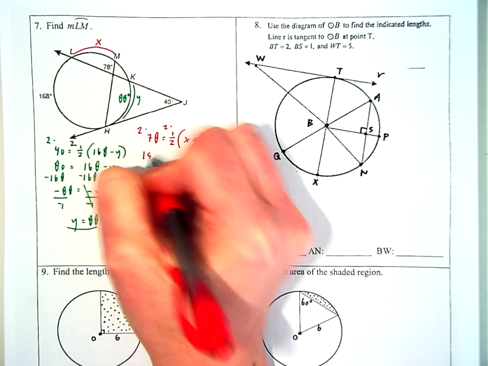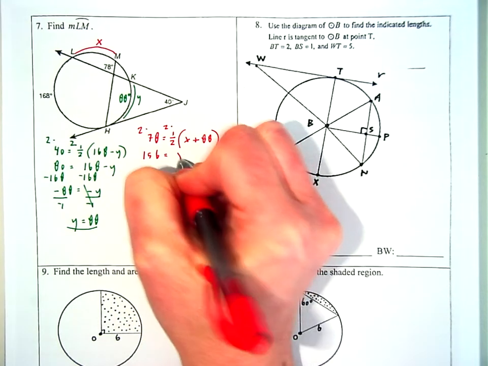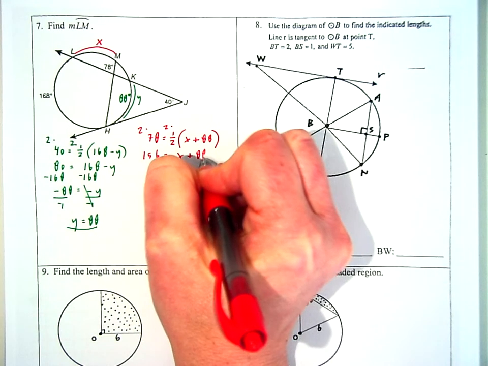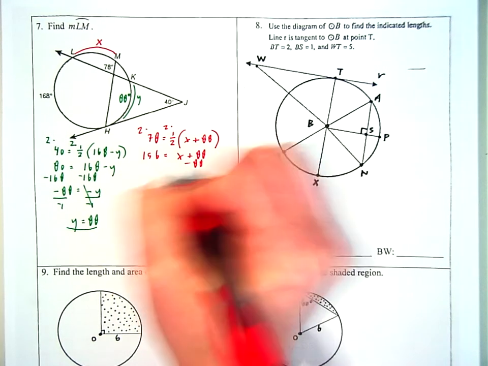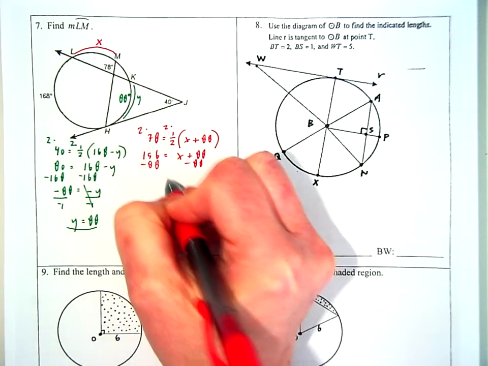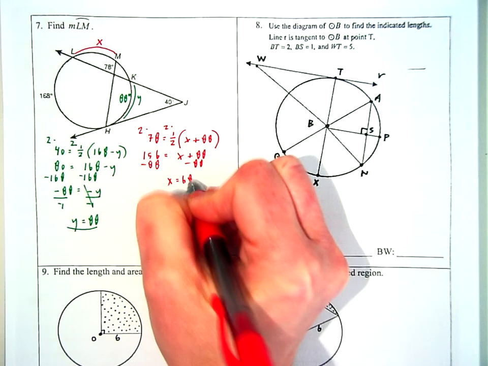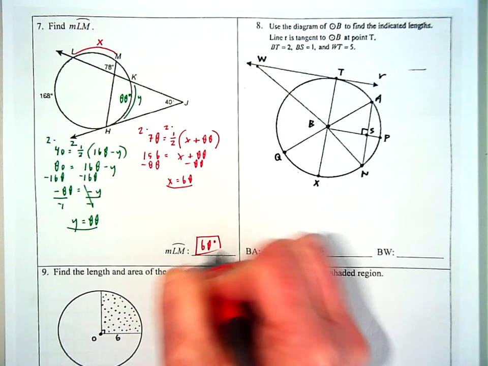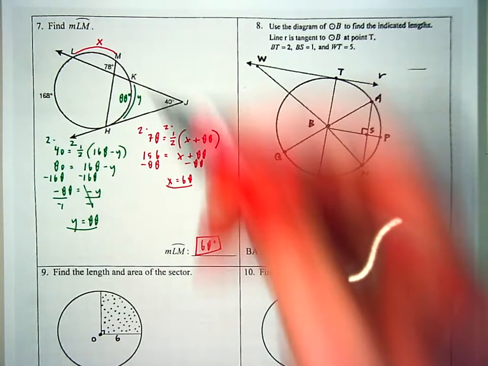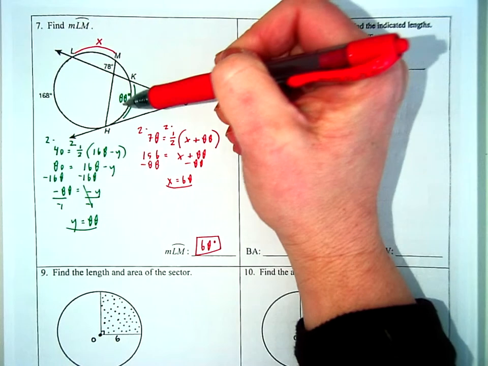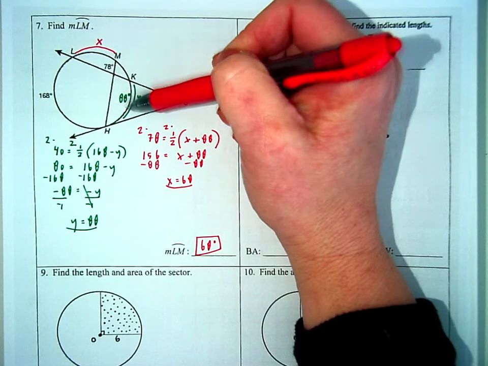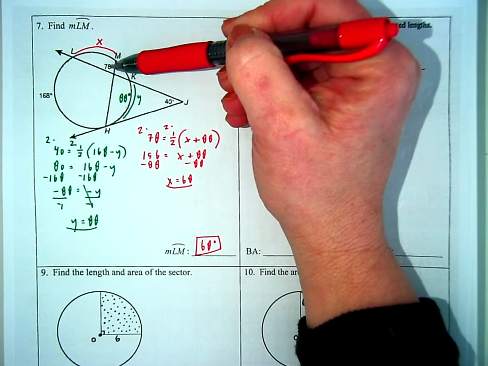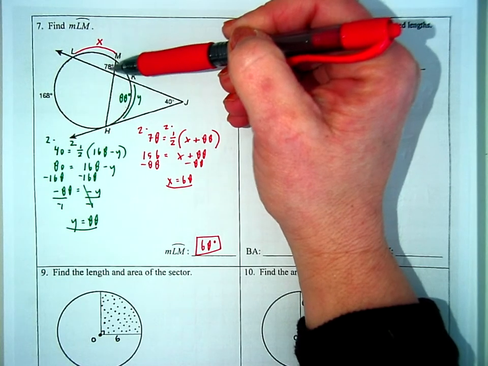Okay, I'm going to clear my fraction, multiply each side by 2. I get 156 is equal to X plus 88. Take away the 88, and X is equal to 68. So 68 degrees. And that makes perfect sense because remember that if 78 is an average of two numbers, I